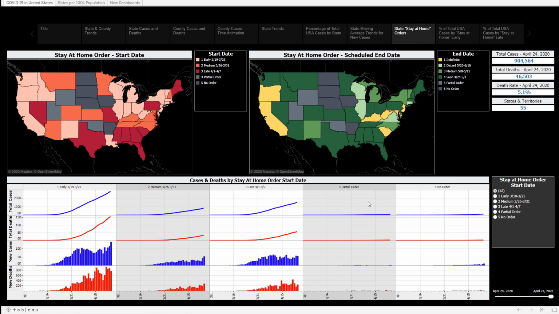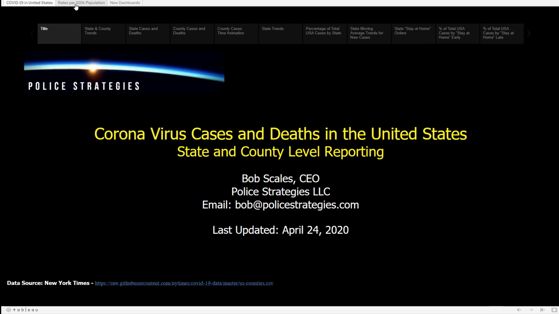And you can see that these states with partial orders or no orders have a very small number of cases compared to these earlier states, which is probably one of the reasons that they decided not to do a statewide order. To go to the second tab up at the top,